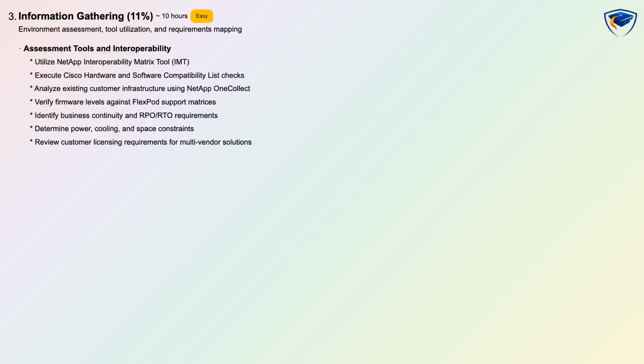Information Gathering is 11% and focuses on environment assessment, tool utilization, and mapping customer requirements. This easy domain needs roughly 10 hours of study and is scenario-based. You will learn to use the NetApp Interoperability Matrix tool, check Cisco hardware and software compatibility lists, and analyze customer